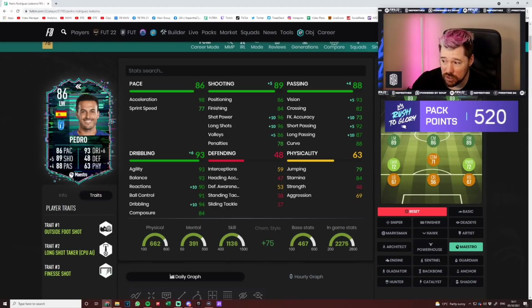He gets 87 long pass, 84 stamina. The Maestro boosts those reactions and dribbling stats up nicely. That is an insane dribbler with insane long shots, 5-star weak foot, 4-star skill moves, outside the foot shot trait and finesse shot trait. Like, that is...